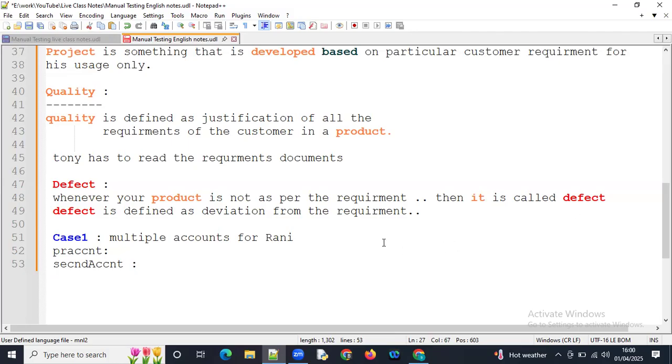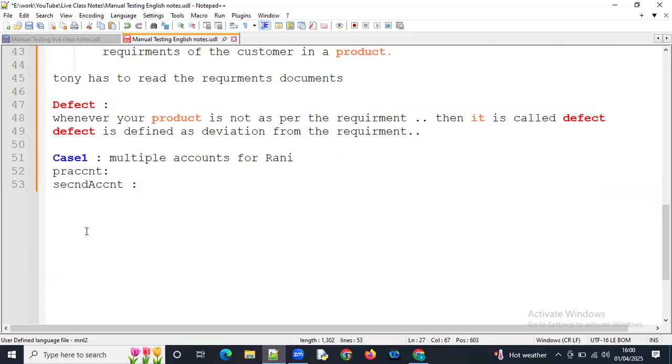And for understanding this defect, we have taken another example also. One person has multiple accounts, but that person wants to send the money from the primary account. But the amount was debited from the secondary account instead of the primary account. Then that case is called a defect, because money is debited from the secondary account, not from the primary account. In our upcoming session, we are going to discuss STLC, software testing life cycle, and